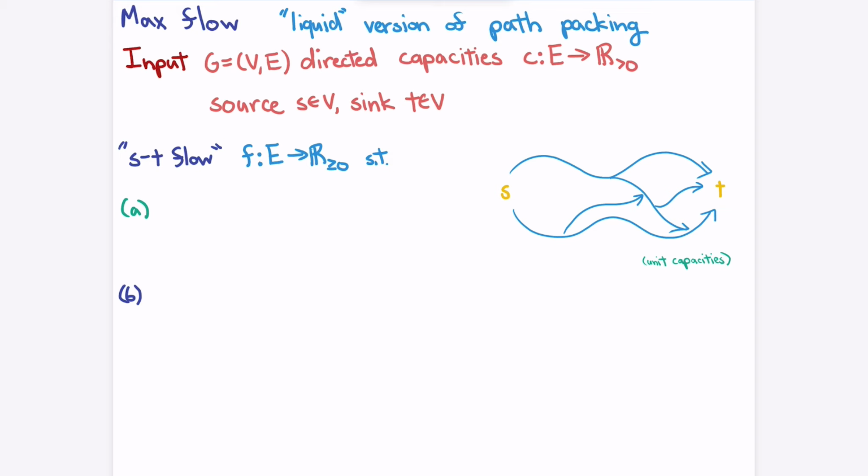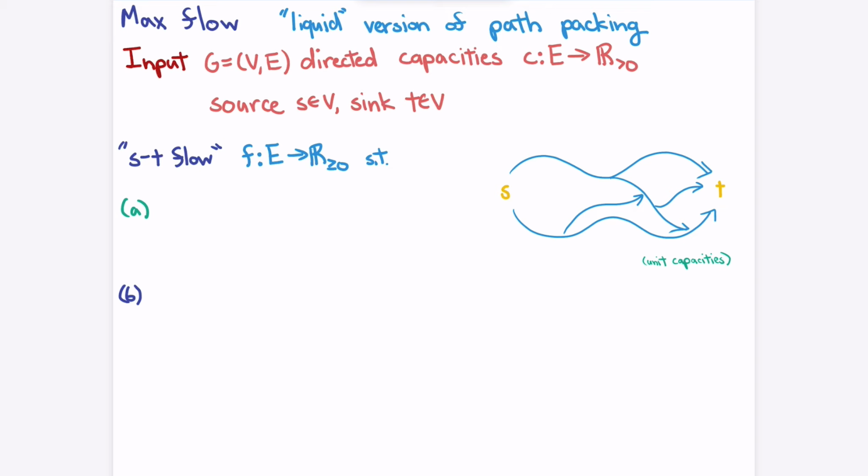So imagine I can send a molecule of infinitesimally small size from S to T along a path, and I'll use an infinitesimally small amount of the edge capacity, sort of at the limit. And what we're going to do though is focus on how much you're really using